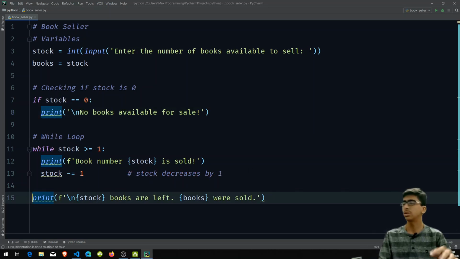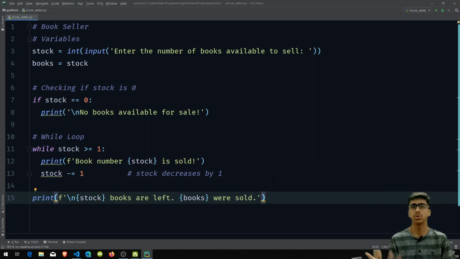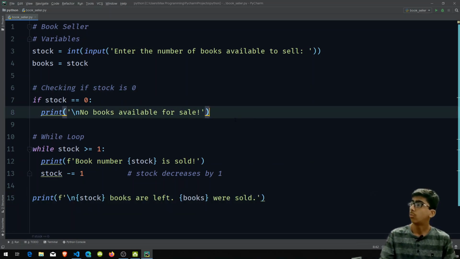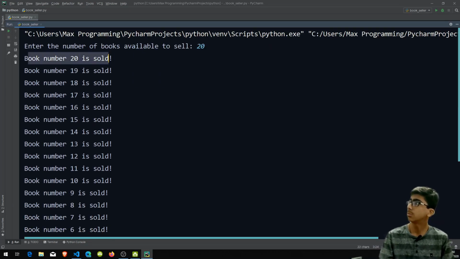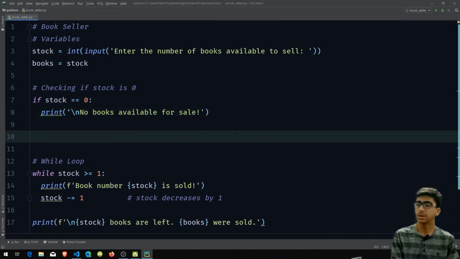Now actually we don't need to prevent that, because this statement is just needed for us, because 0 books are left and 0 were sold. This is a good statement, so let's keep that. And now what we want is that number of available books message. In the earlier project we saw that if we enter any number, then first of all we get number of available books is 20 or something that you inputted. So if I print it here,